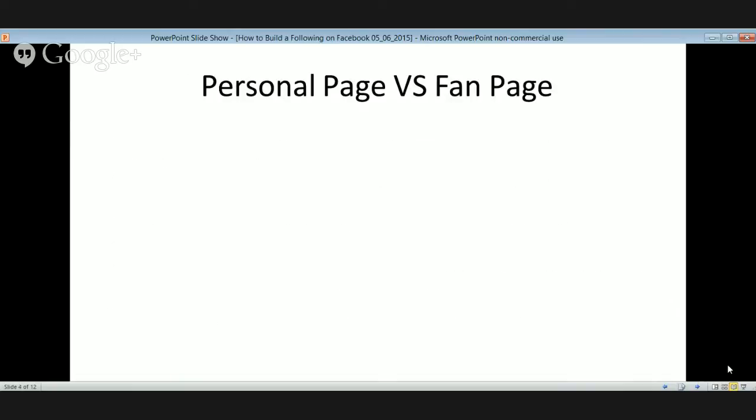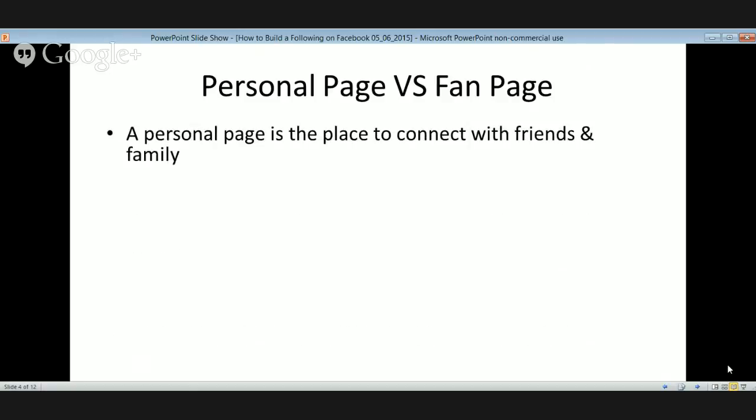But let's talk first about a personal page versus a fan page, because I know a lot of people will say, well, Emily, I have a personal page and that's where I just do all my stuff. I don't really want to have a fan page. Well, I'm going to tell you why I believe, and this is not just Emily's belief, but the major influencers, the people who are really powerful and doing well through Facebook, will tell you, you need a fan page.